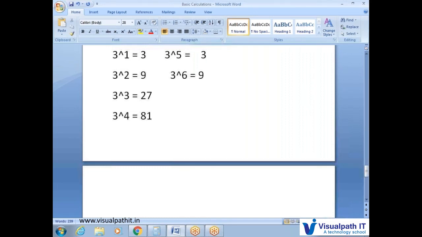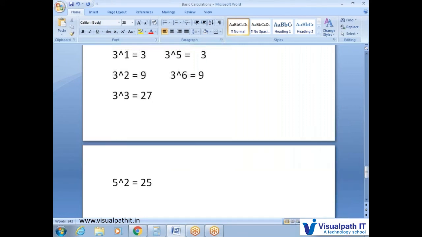Clear? So for example, 5 square. What is the 5 square value? 25. Suddenly I ask for the 25 square value, or 55 square, or 75 square. What is the 75 square value? How to find it? Some people do 75 into 75. Here also use the digital root method. 75 is a 2-digit number, 7 plus 5 is 12, 12 means 3. 3 into 3 is 9. So that is the LHS value, which should equal the RHS value. But in this simple way, for 5 square, you know the value: the ending value is 25.